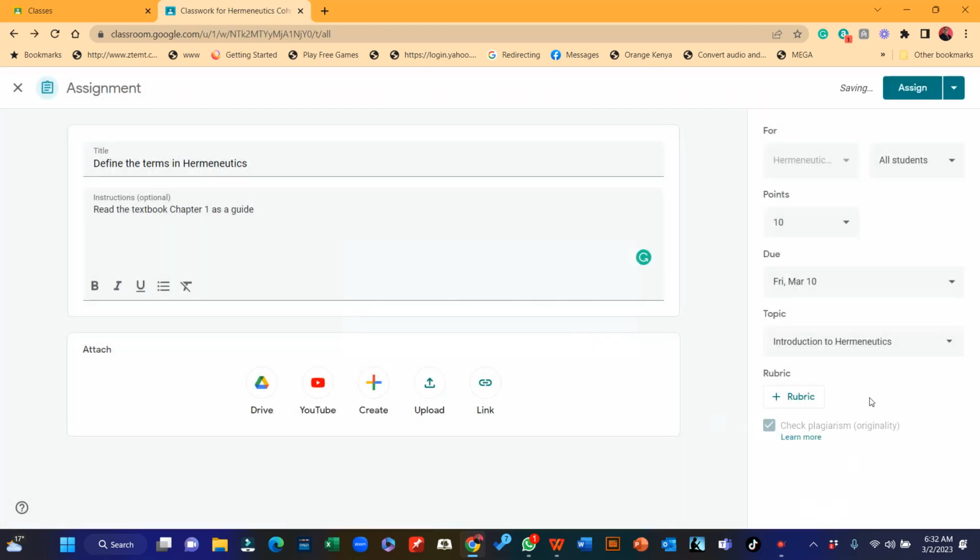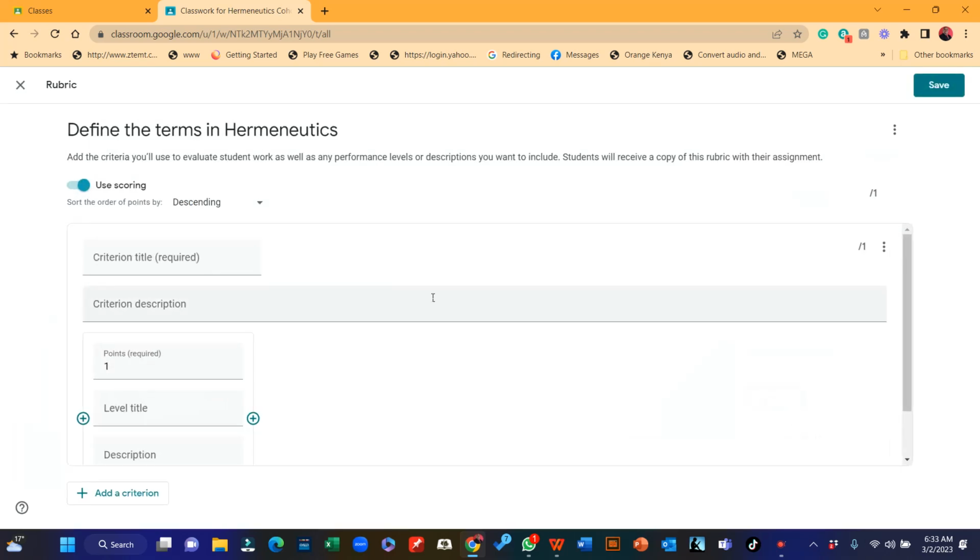So let's say I check plagiarism, so that students will not just give me things that are not their original thinking. And I can also create a rubric of how that assignment is going to be